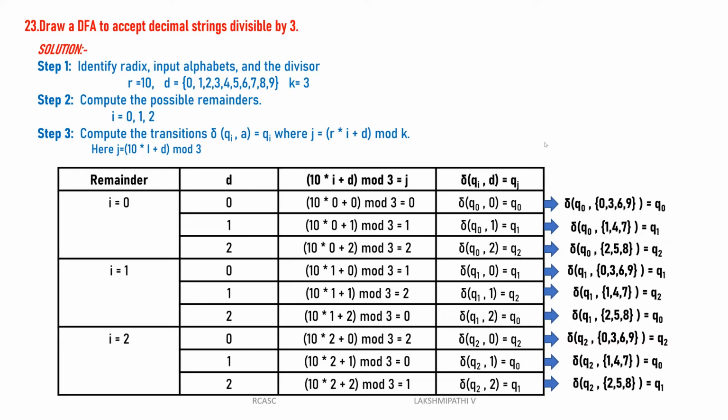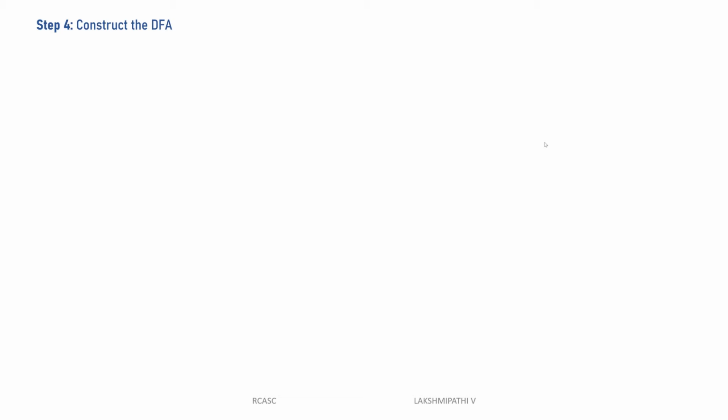But for simplifying, for our convenience, I will take this one. If we do one state, we get it, and it will be all 4 states. If here we are getting one state, then for the remaining 2 states we are getting the output the same. Because of that reason we did it like this. Then we'll go for defining the DFA, constructing the DFA according to this.